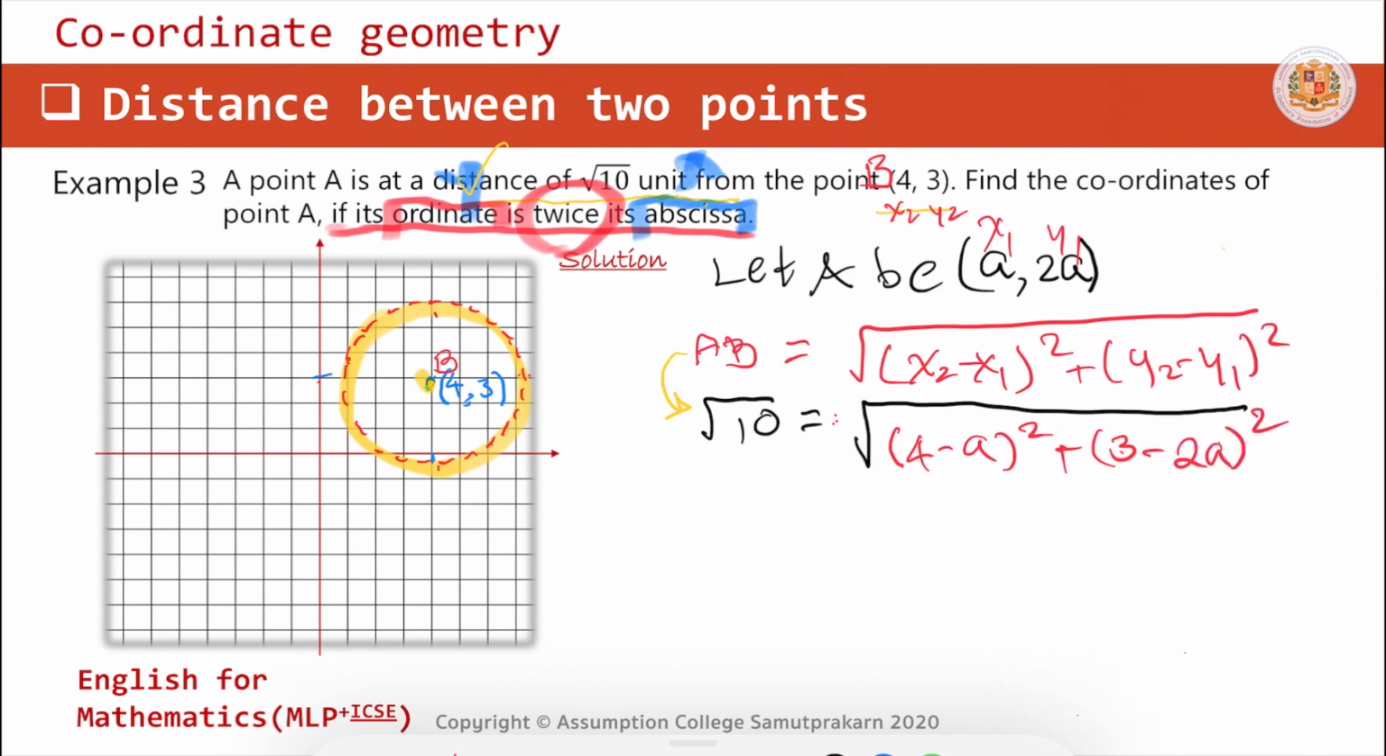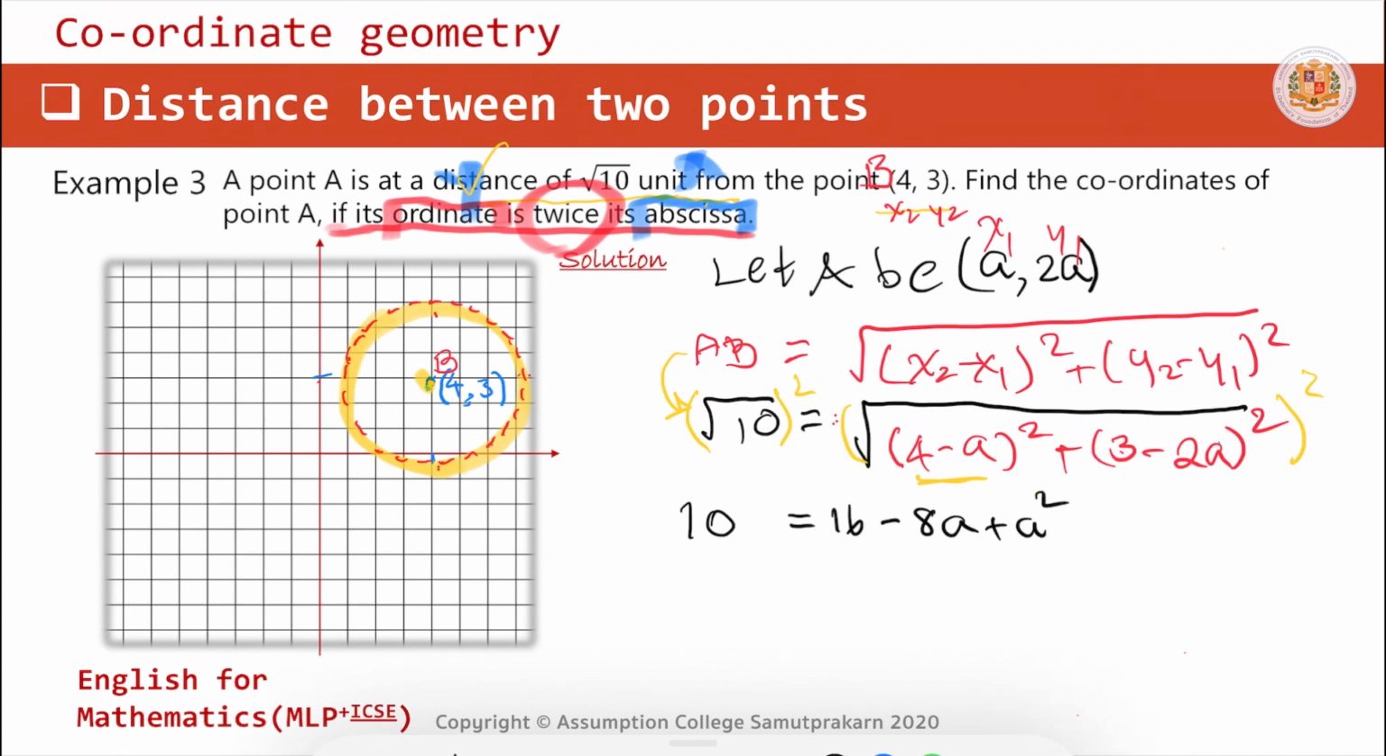and then we square. Now square root cancels square, or you can say you square both sides and then you cancel the square root. What I said is this: we square up this side and we square up this side, and we get 10 equal to, okay, that part squared will be 16 minus 8a plus a square,